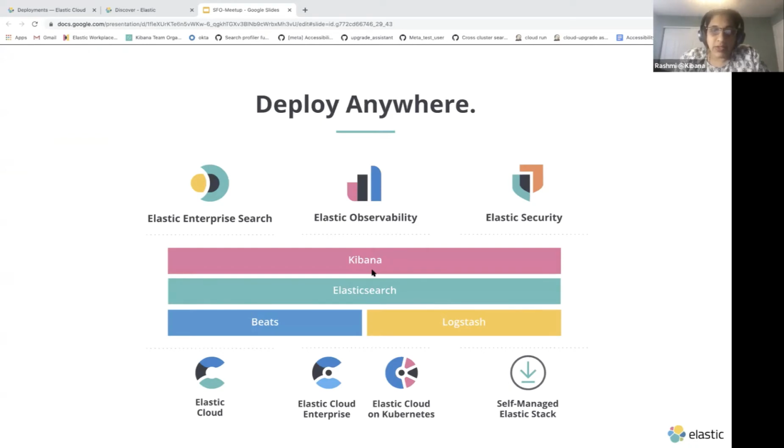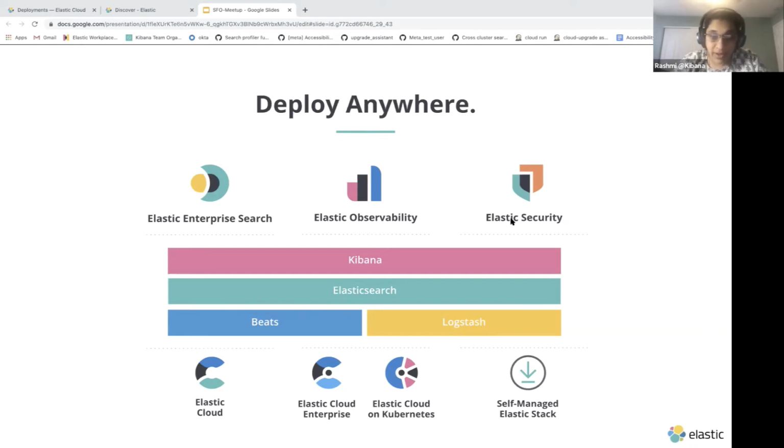Okay, so my next slide talks about the entire stack, and this is the core of the Elastic stack, which is Kibana, your window to what happens inside of Elasticsearch. Beats and Logstash are your ingesting mechanism, although there are many other modules too where you can ingest data. You can use it as Elastic Enterprise Search for your web activities or Elastic Observability, depending on your use case for your logs, security, SIEM, data metrics for your observability use case, or for your security use case. You can use the stack for whatever use case